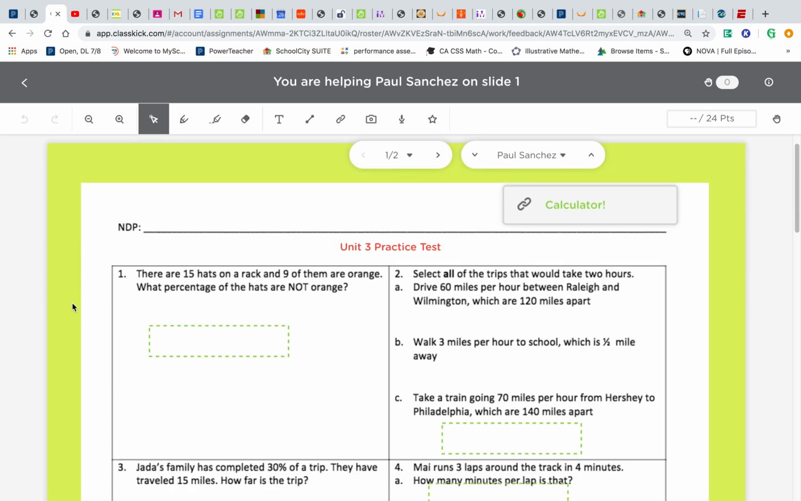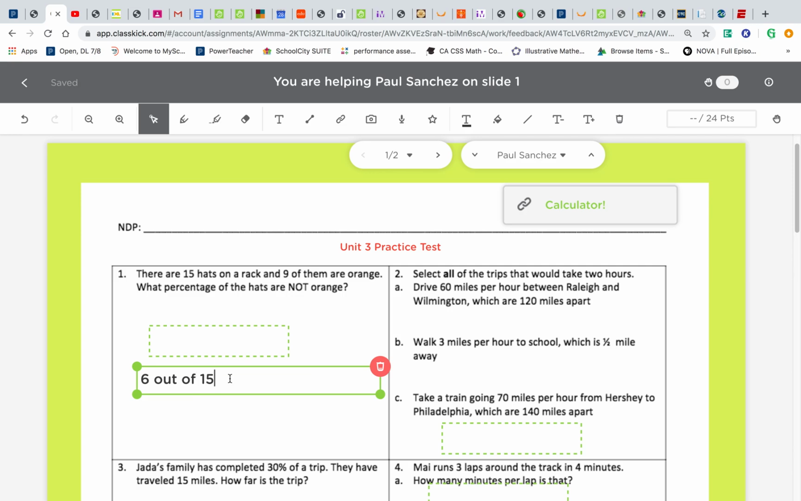So let's get started here with number 1. There are 15 hats on a rack and 9 of them are orange. What percentage of the hats are not orange? Well, it's important that you notice the question says what percentage are not orange. If 9 of them are orange, that means that 6 of them have to be not orange. So 6 are not orange. That's 6 out of how many total hats? 15. So 6 out of 15